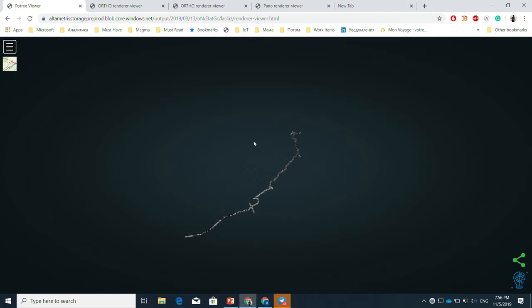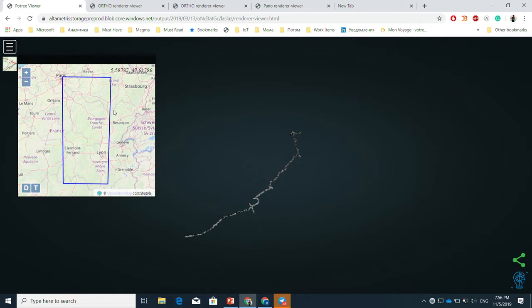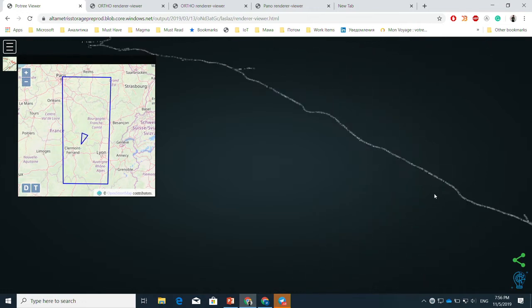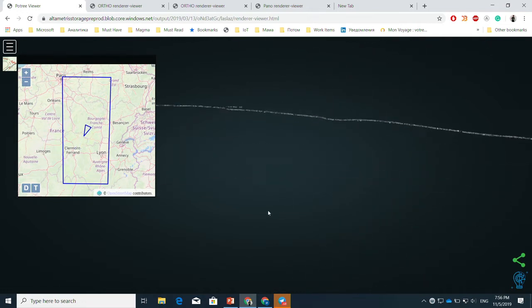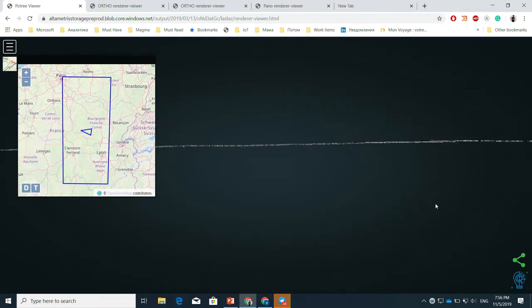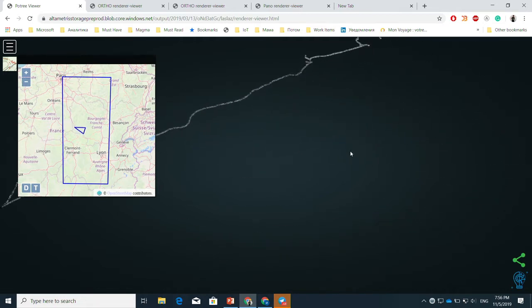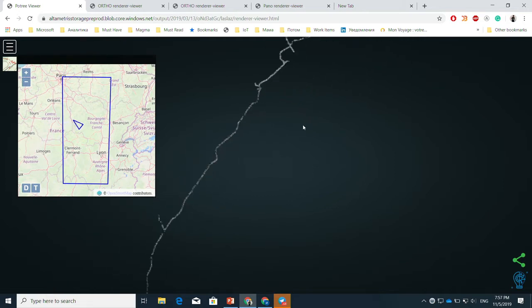Perfect. This is the road from Paris to Lyon. Actually, this is how it looked on the car. And the drone, this is a plane drone, is flying all the way, all 450 kilometers, to prepare this visualization. By the way, you can see it's working, and we can go down and see what is happening with this railway. This is a special demo that helps us understand how the railway is situated on the map, and where we can go left and go right.